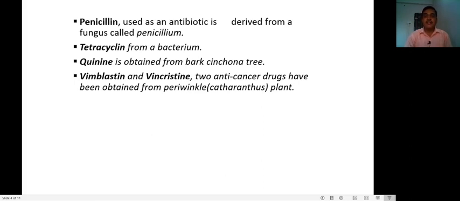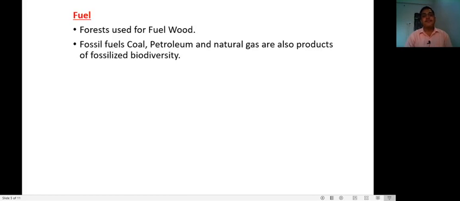We are taking those values, which we call use. Then another example of consumptive value of our biodiversity is fuel. The forest wood is used as a fuel, particularly in rural and tribal areas, where people use the wood for their fuel and cooking purposes. Then the fossil fuels like coal, petroleum, and natural gas, which we call oil products,